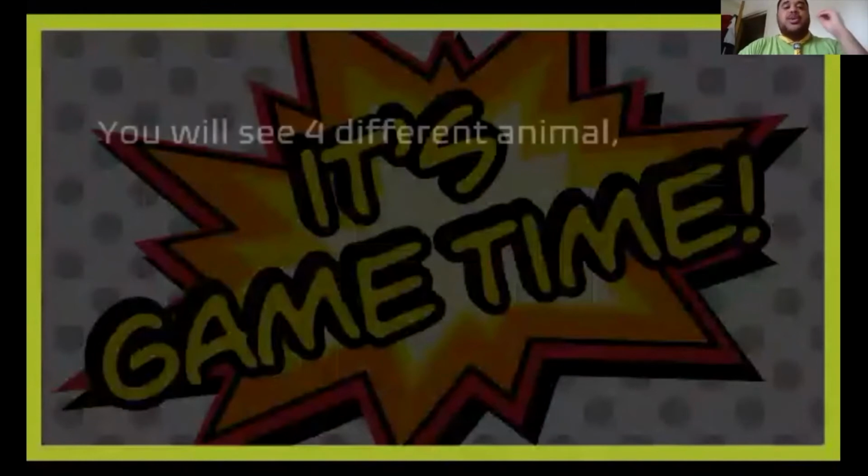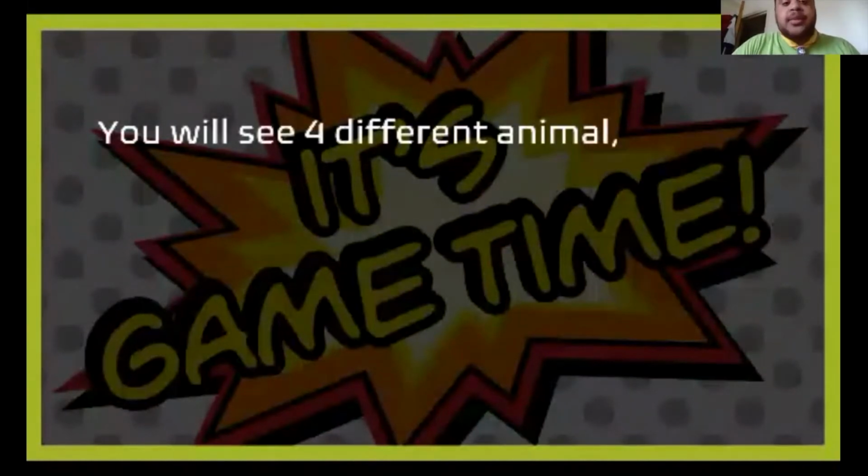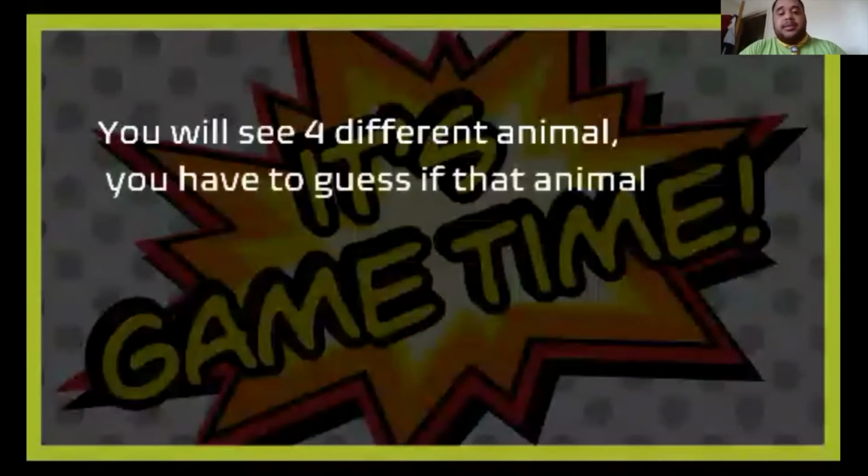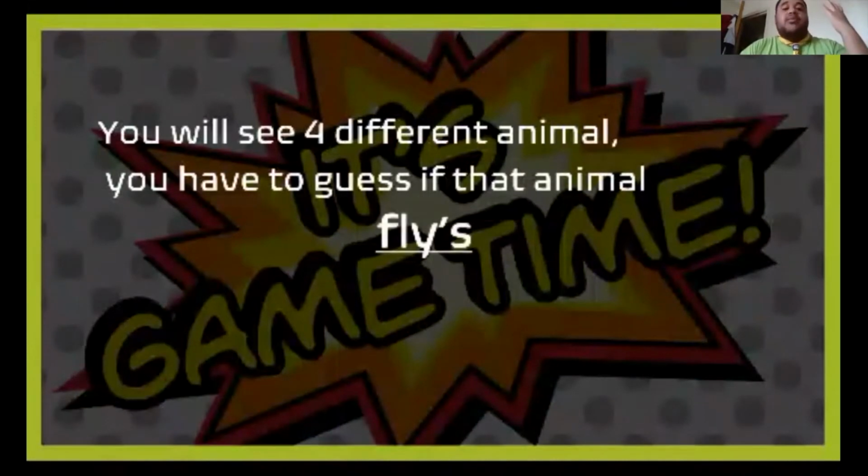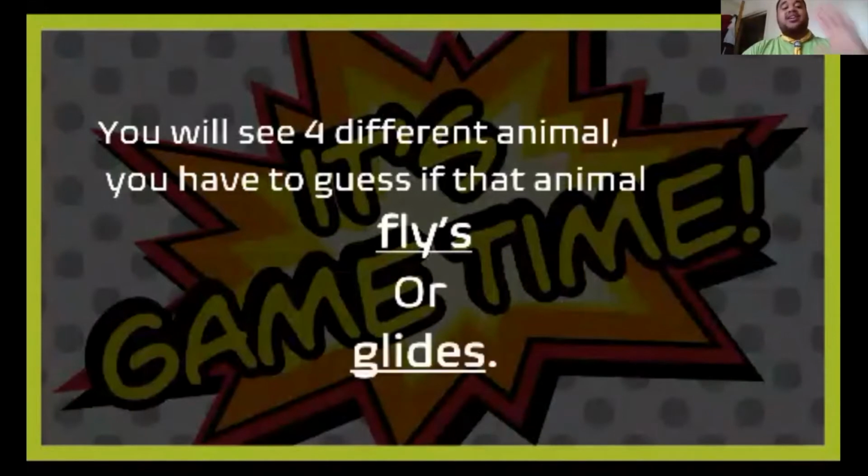Super. So let's play a quick game, nice and quickly. So you will see 4 different animals, and I want you to tell me or guess if the animal can fly or if the animal glides, okay? So 4 different animals, and you have to guess either they fly or they glide, okay? So, are we ready? You got 3 seconds to tell me your answer. I'll give you a little bit more time depending on what platform you're on. So, first one,